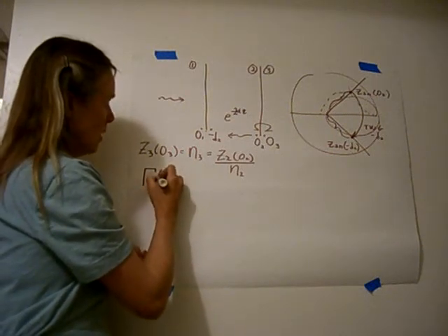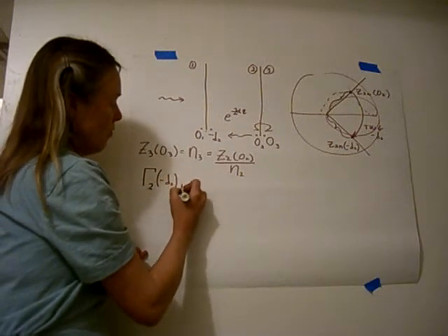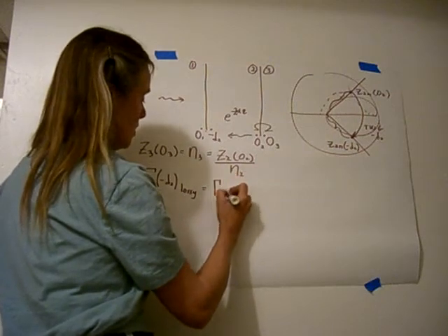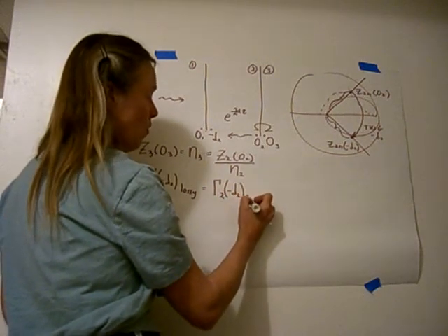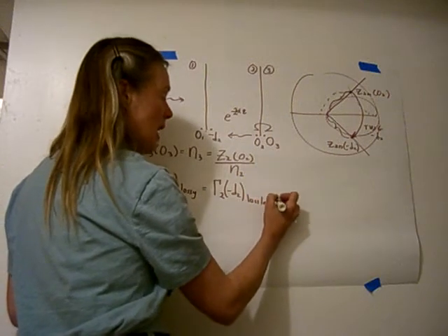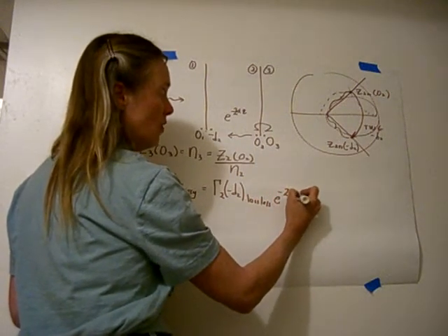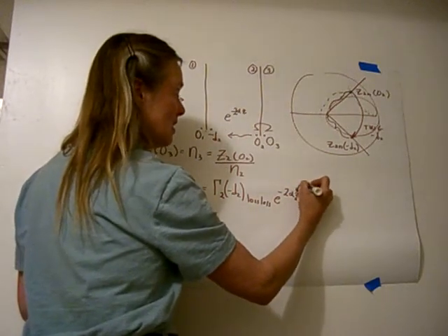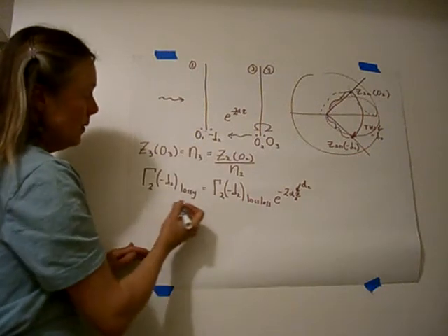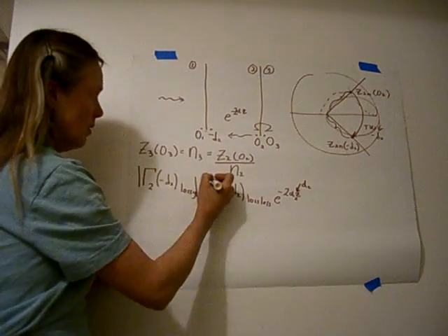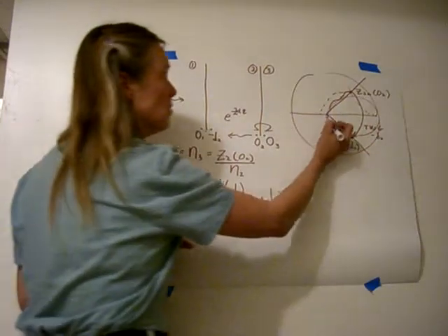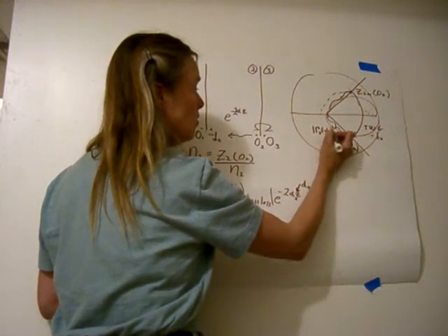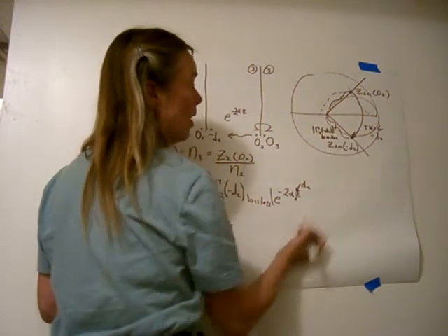So Z2 at minus D2 for the lossy case is equal to reflection coefficient at minus D2 for the lossless case times e to the minus 2 alpha z. The alpha value here is in region 2, and the z is D2. So we find this magnitude from this magnitude. This magnitude is what we see right here. This is the magnitude of 2 at minus D2 when it is lossless, no loss.